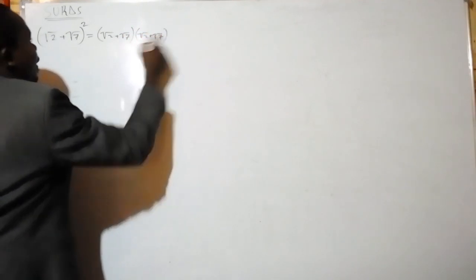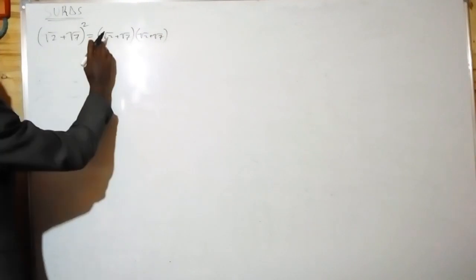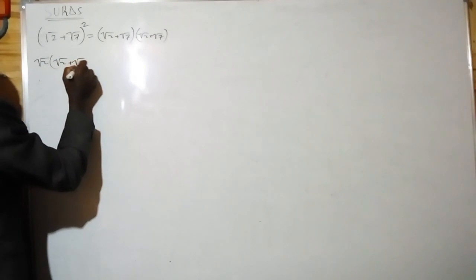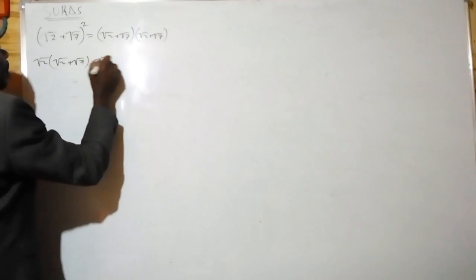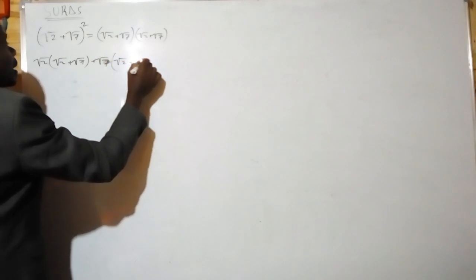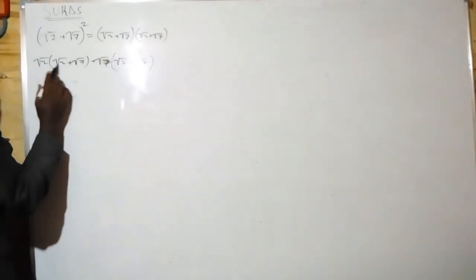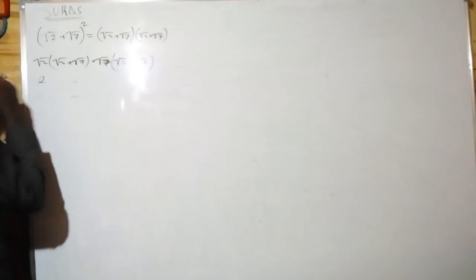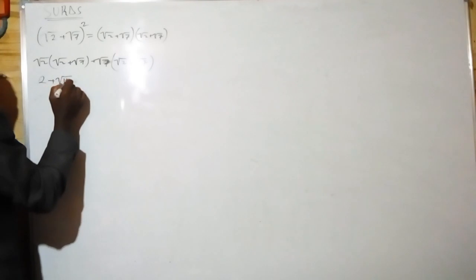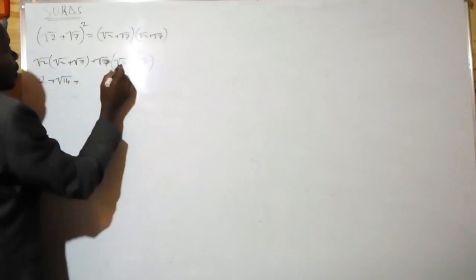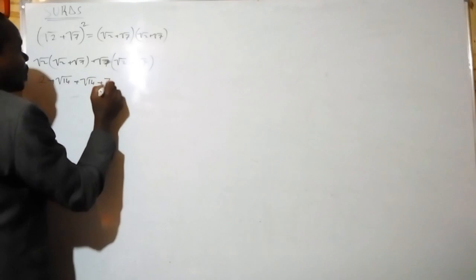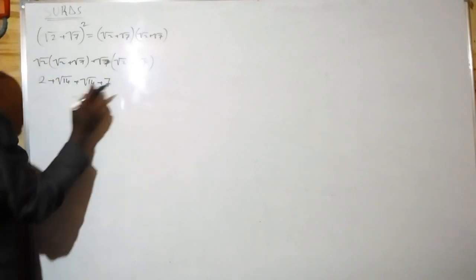Then you expand. This root 2, you are going to multiply by root 2 plus root 7, plus root 7, root 2 plus root 7. Then you expand. Root 2 times root 2 is supposed to be 2, plus root 2 times root 7 is supposed to be root 14, plus root 7 root 2 root 14, plus root 7 is supposed to be 7. Then after that, 2 plus 7, 9 plus